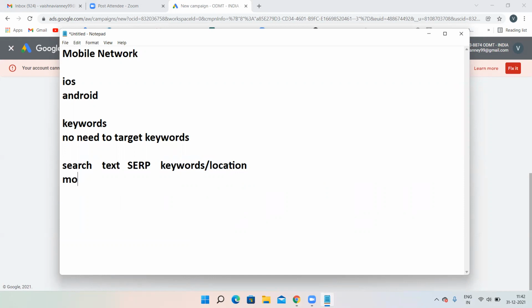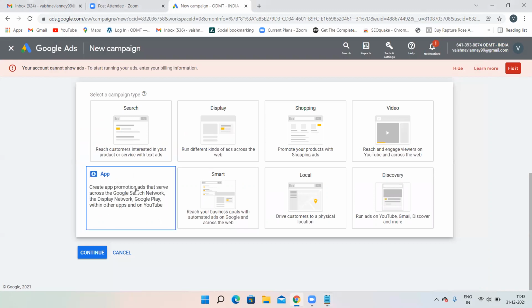And coming to mobile app network, here the type can be text, it can be image, or it can be video also. Where your advertisement is going to appear, see what he's telling over here. Across the Google search network, that means on SERP, Google Play, that is your Play Store, the display network, that means Google Display Network websites, and within other apps, and on YouTube also.